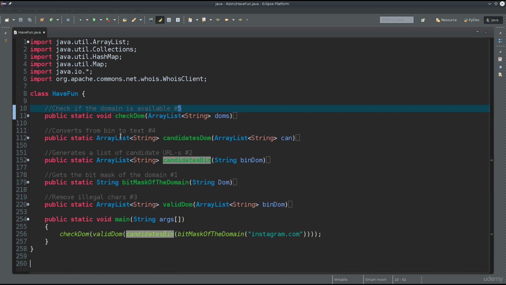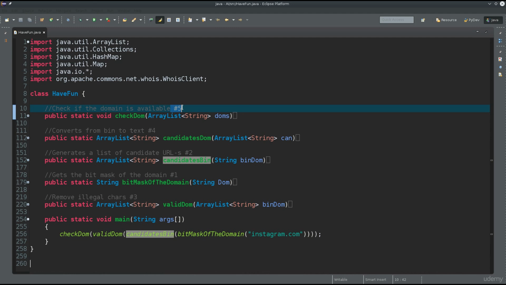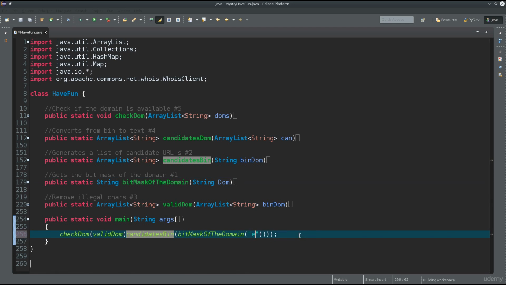I've just created comments here, and I've stated that this is, for example, first function, second function, third function, fourth, fifth, and they're going to be called in that approximate order. Anyway, let's go ahead and begin with the first function. So what does this function do? Well, as it says, it gets the bit mask of the domain. So you basically pass a domain to it. We're not going to pass this domain. This was just for testing purposes. I'm just going to type in